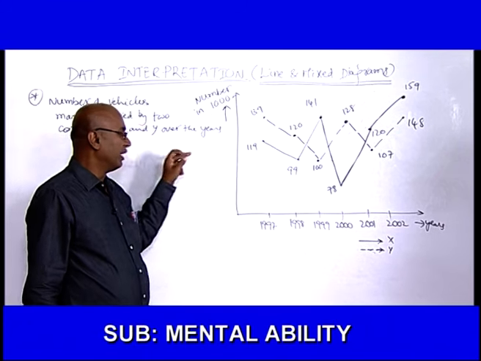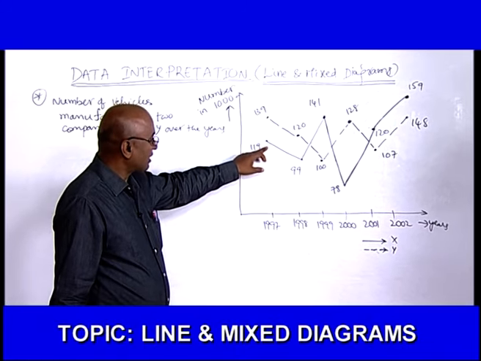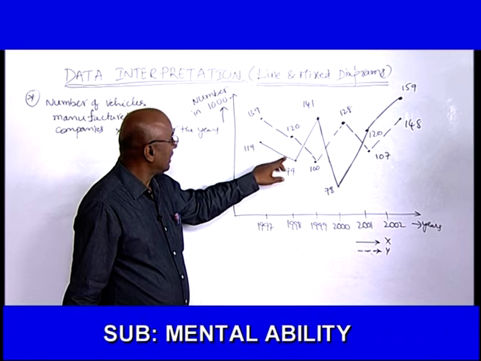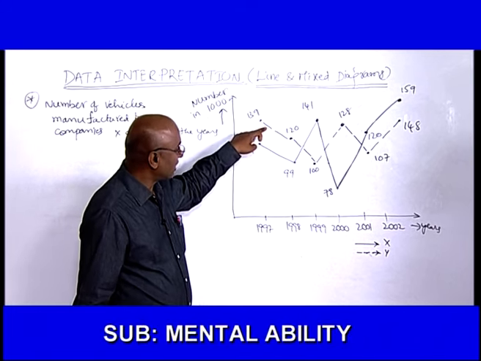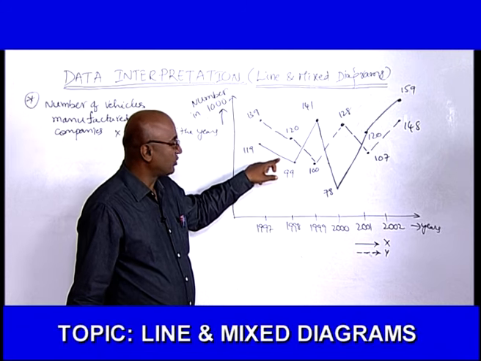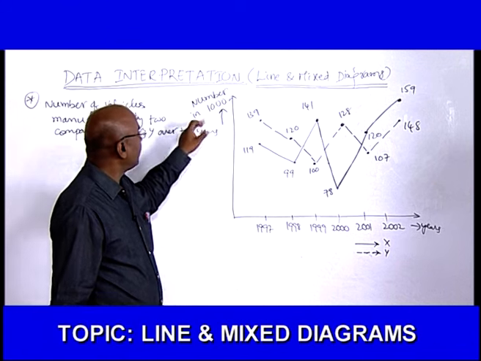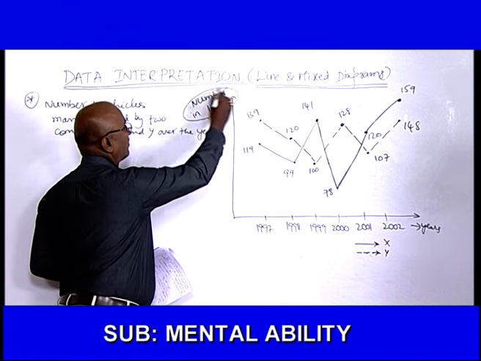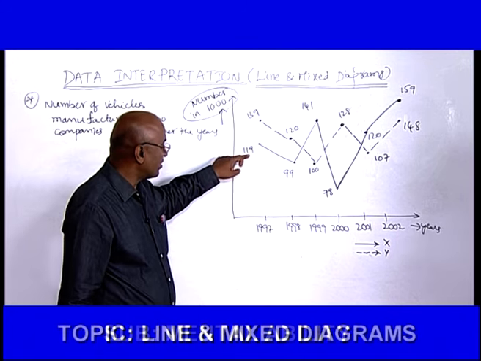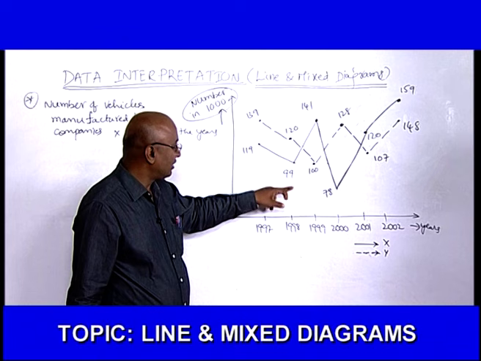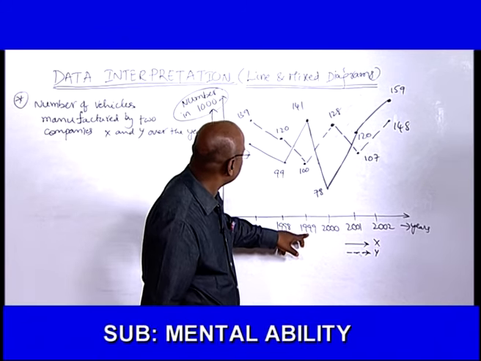ద్వారా ఇవ్వబడింది. In the year 1997, the production of X, this is the company X, the straight line shown by not with the dotted lines. Dotted lines తో ఉన్నదేమో Y కంపెనీ, స్ట్రైట్ లైన్స్ తో ఉన్నదేమో X కంపెనీ. X కంపెనీ యొక్క ఉత్పత్తి 1997లో 119,000, the number is given in the thousands. 119,000 ఉన్నాయండి. 1998లో 99,000,